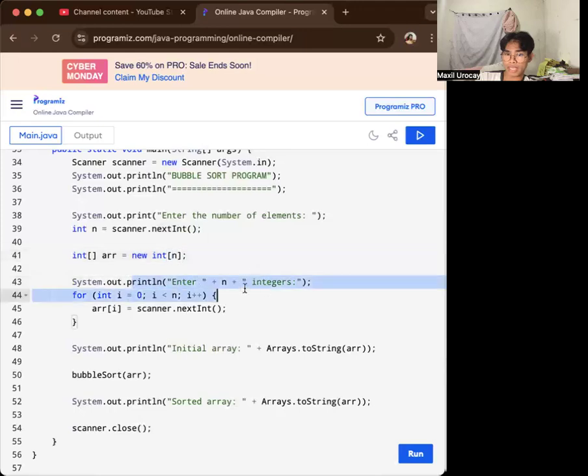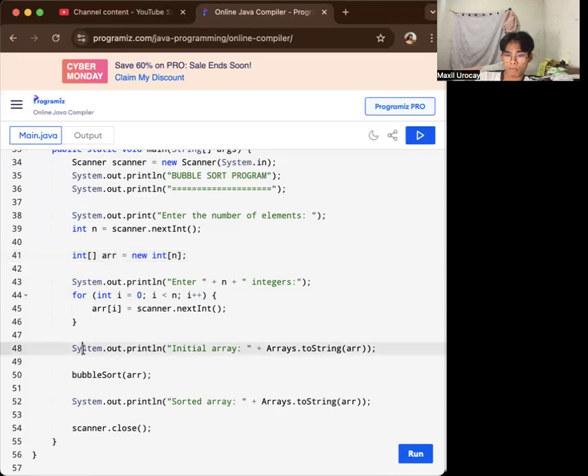So afterwards, we ask the user to input the specific items or numbers or the integers, the number of integers that you have to input right there. That's why we do have the for loop, that the loop iterates n times and reads each integer entered by the user. In that, the entered integers are stored in the array r, in this one here.